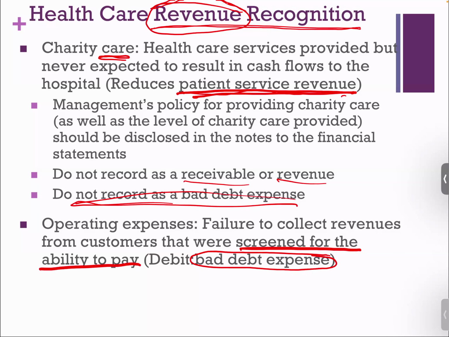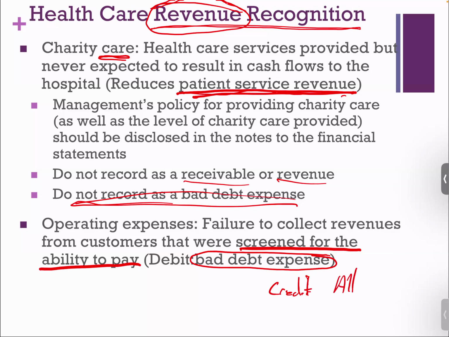So this is different than charity care also. If we screened them for their ability to pay, and we thought they were going to pay, and then they didn't end up paying, or really, if we made an estimate for the percentage of accounts receivable that we're not going to collect, then we debit bad debt expense and we credit